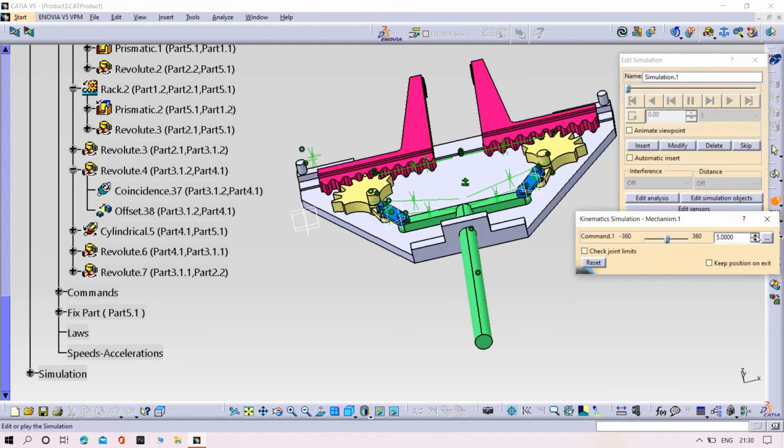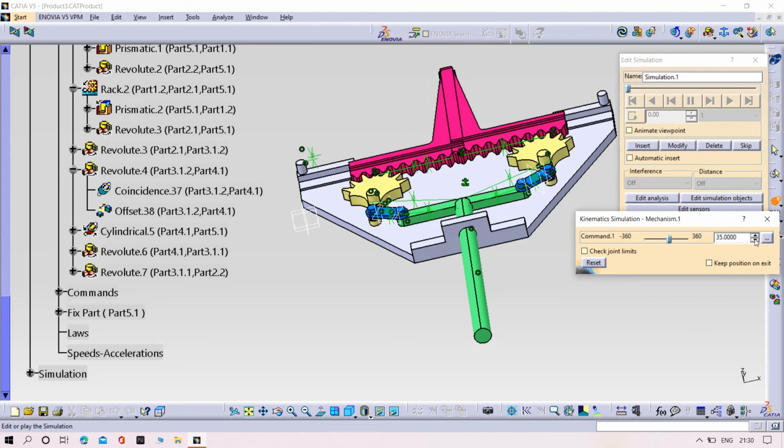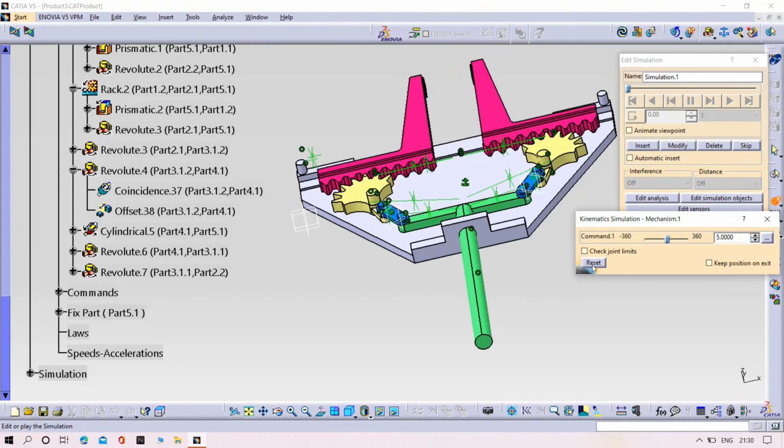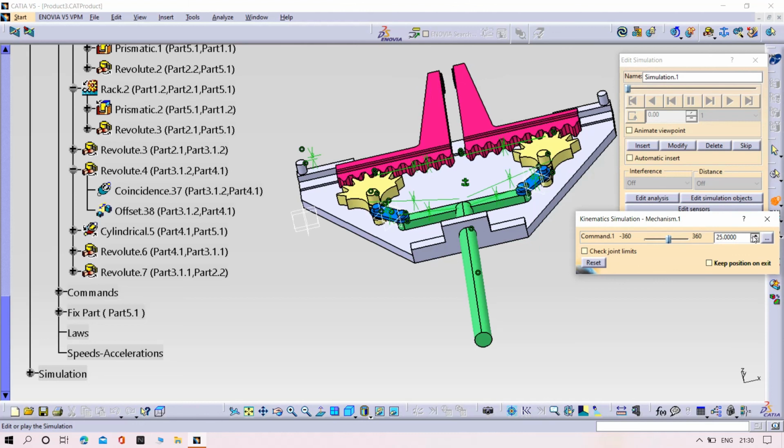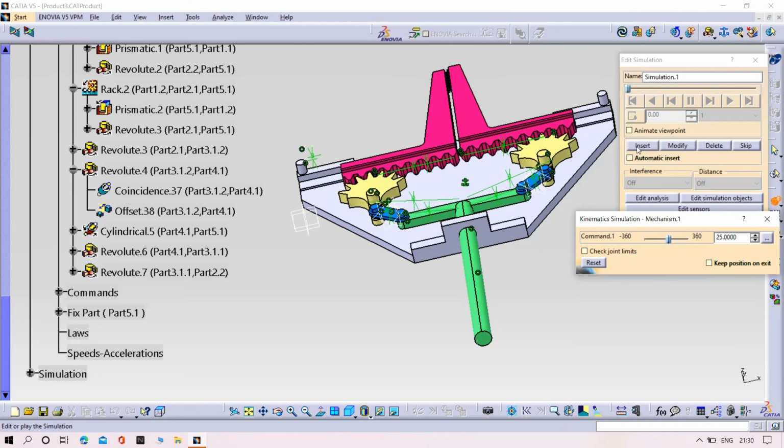Yeah, it's working. Reset, yes, insert it as the lowest rate, as continuous, then play.